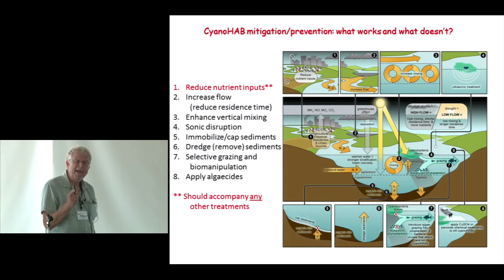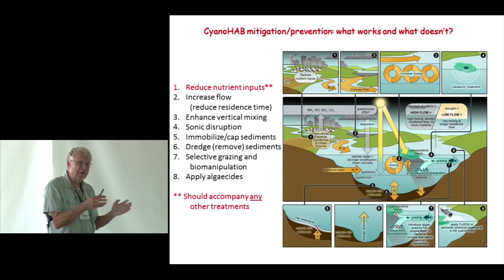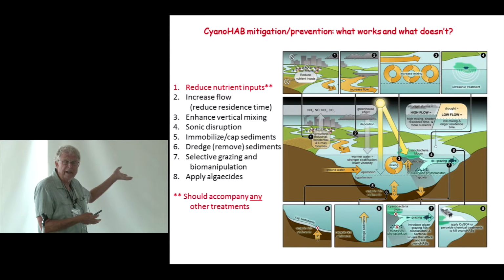And when I talk about managing nutrients, I'm not just talking about phosphorus. We're now in an era where we have to deal with nitrogen too. So this has become more complicated, because going after nitrogen is more complicated than going after phosphorus. But we've changed the world tremendously. 50 years ago, you could say, yeah, it looks like phosphorus. If we reduce phosphorus in our detergents, for example, and wastewater, we're going to make a lot of progress. And Lake Erie was a good example of that, actually; that happened.